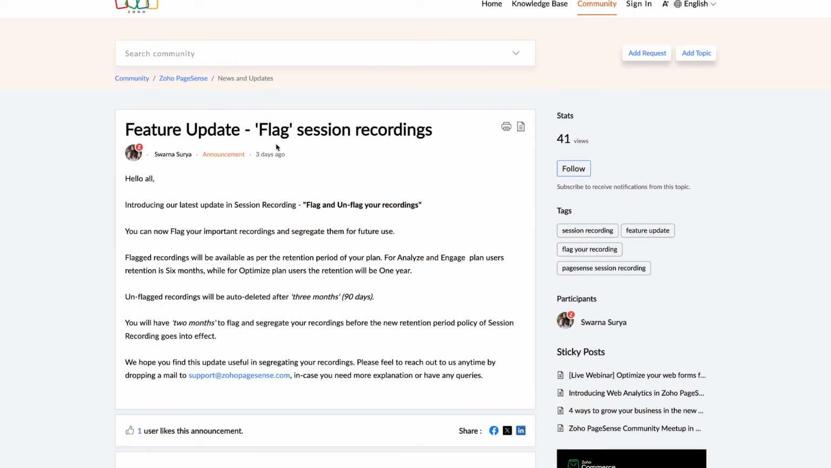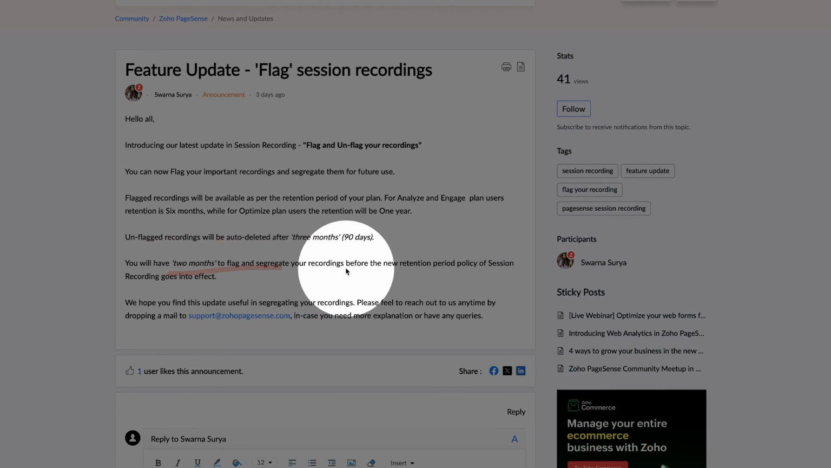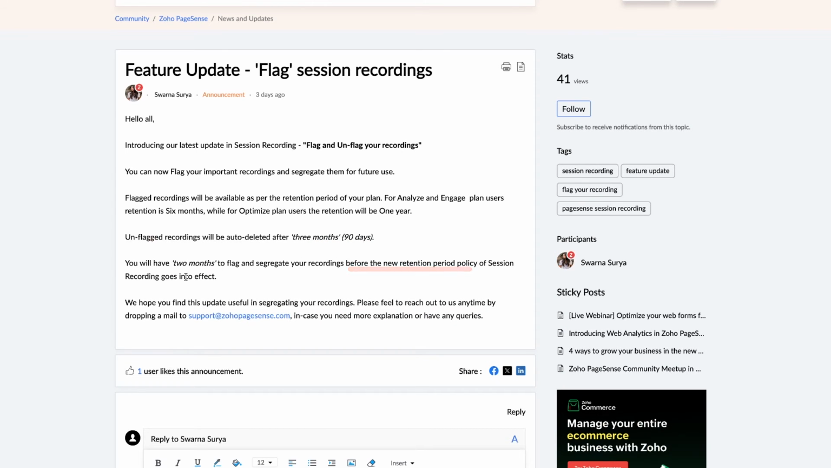So what's cool is you can flag different sessions, and there are caps on how long Zoho PageSense will retain the information for a certain session visit. So flagged recordings will be available as per retention period of your plan. So for analyze engaged plan users, retention is 6 months. While for optimize plans, the retention will be 1 year. So if you flag it, 6 months. If you're analyze, 1 year if you're on the engaged plan. Unflagged recordings will be auto-deleted after 3 months. You will have 2 months to flag and segregate your recordings before the new retention period policy of session recordings